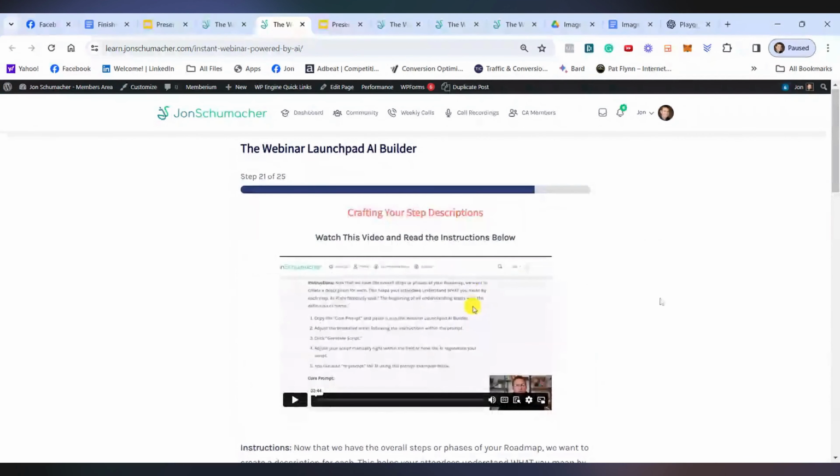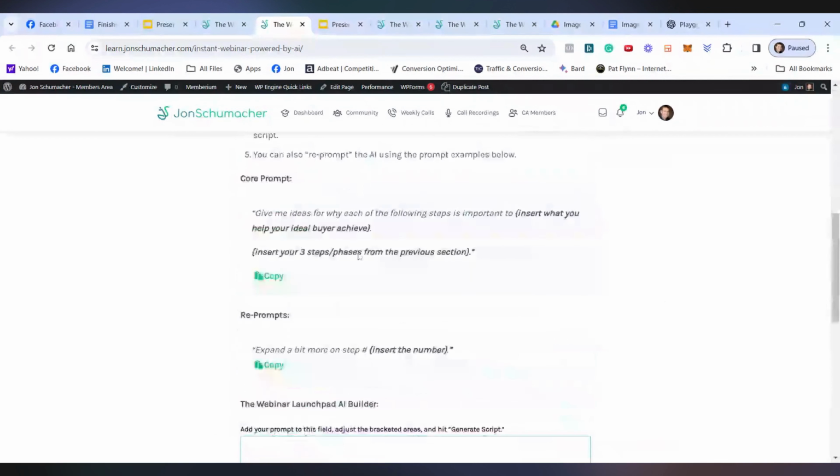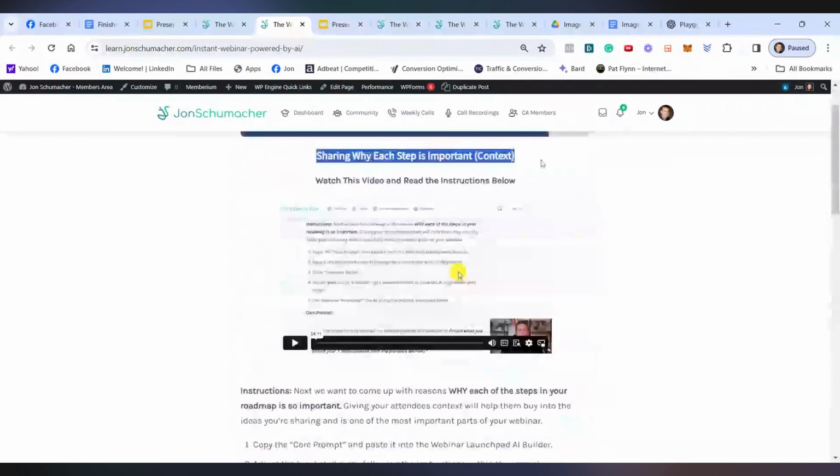We've talked about naming your roadmap steps. Then I'll usually describe what those steps are. You can use AI for that as well. I'm not going to do every prompt here. Then why each step is important. So as you're teaching your demonstration or your roadmap, you want to share what that step is, why it's important,